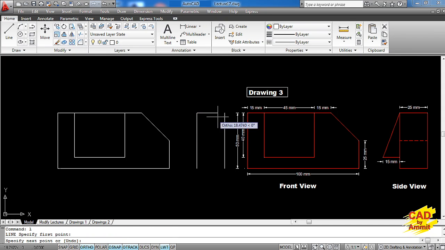I'll take the line command, join this endpoint to this endpoint, and join this endpoint to this endpoint. Now for making this profile, actually this profile represents this feature in the front view. So that means this dimension should be equal to 40 millimeters. So I'll take the line command, I'll catch this point, move it down and just type down 40. So my line will start at a distance of 40 millimeters from this point. Move it towards left hand side, type down 15